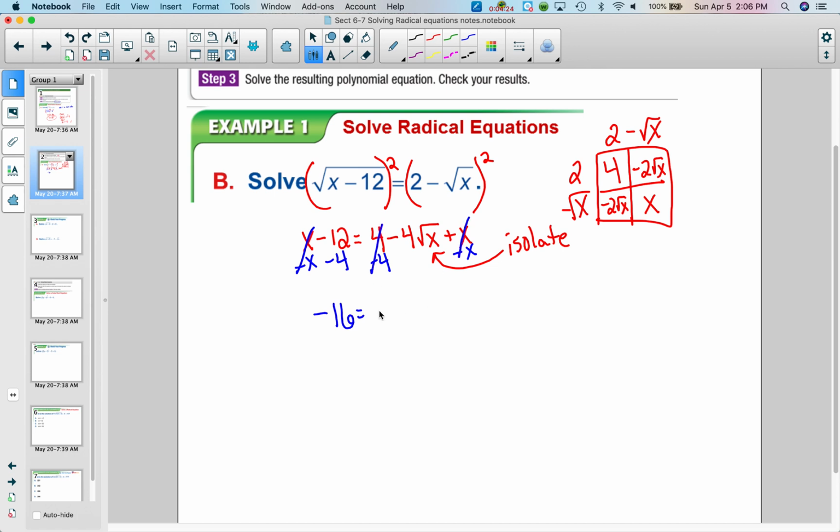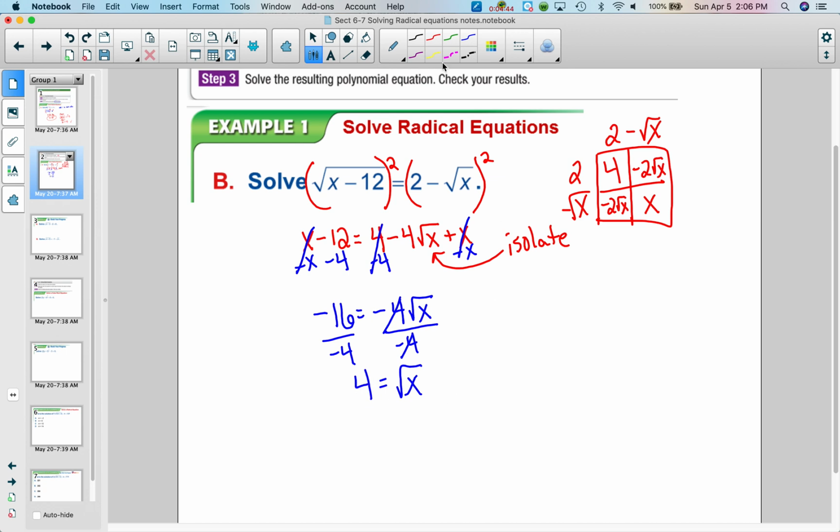That's gone. So we have negative 4 root x. So I have this equation to solve. Now I'm still trying to isolate the square root of x, so I divide both sides by negative 4. That cancels. So I have the square root of x equals negative 16 divided by negative 4, which is a positive